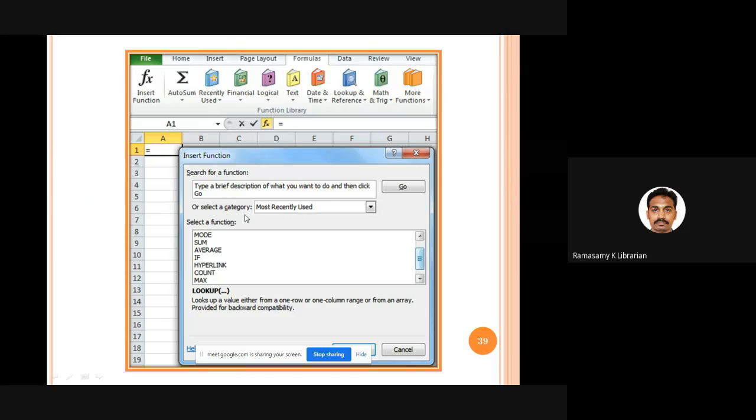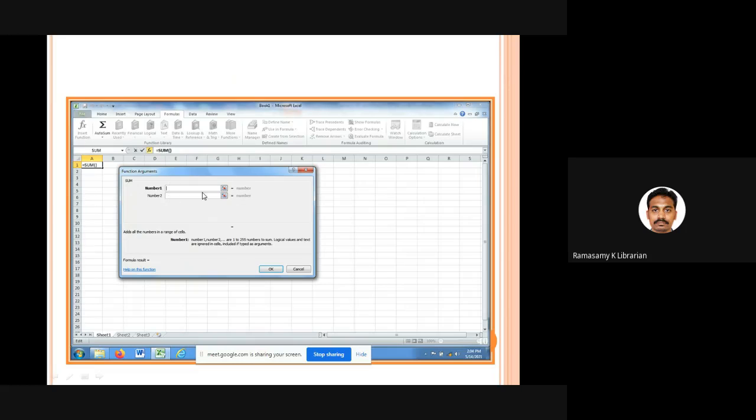Fine. So if you go to MS Excel, this is the fx function called insert function. If you click it, the screen comes here. Hundreds of functions are there. You can go and select any one function, and it will ask you what the range is. Number one, number two, from one range to another. For example, I want to add all the numbers entered in A1 to A20. You select these two ranges. The statistical function I have selected is sum. It will give the answer. You need not memorize any formula. You need not do any kind of calculations. MS Excel will calculate and give you the answer.